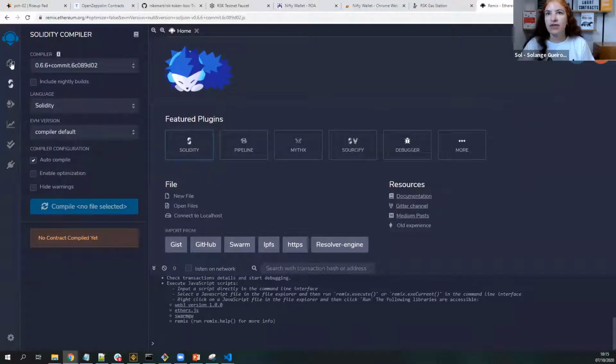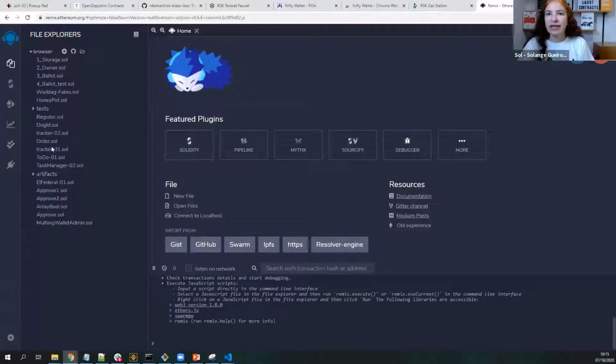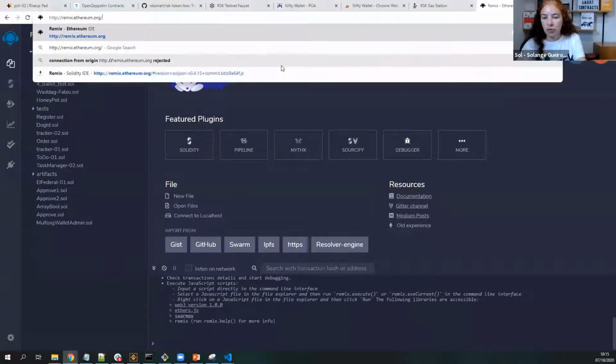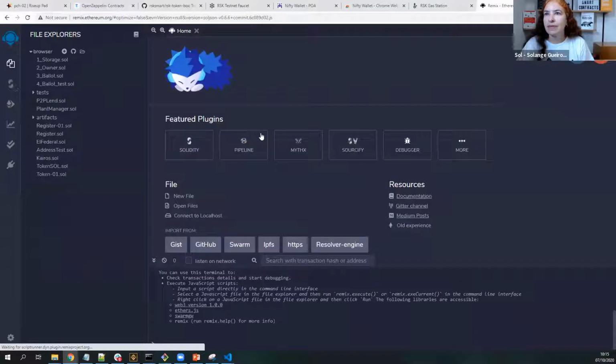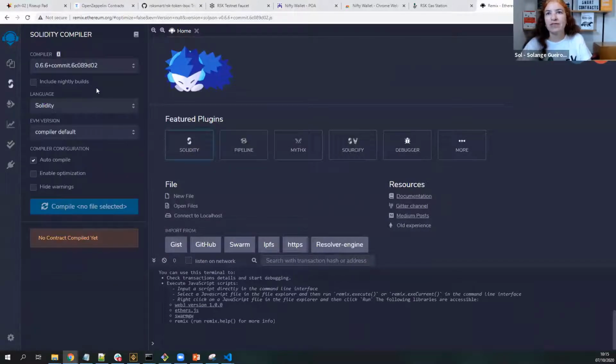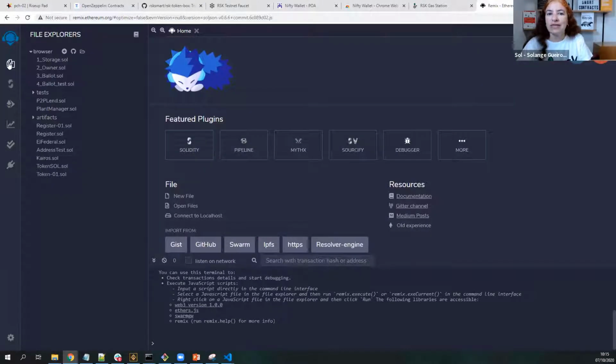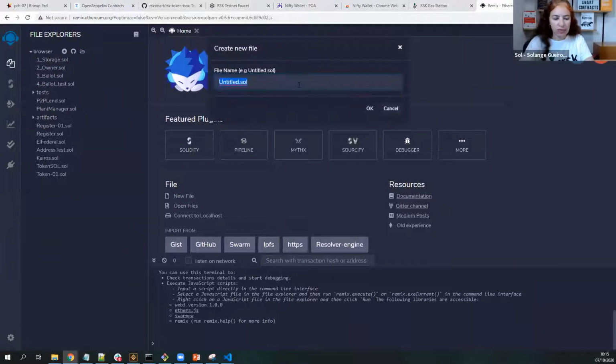Choose a Solidity environment, create a token, but I am in Remix. I prefer to be in Remix without the HTTPS. It's better to interact with this. So go to the second button, create a token.sol,